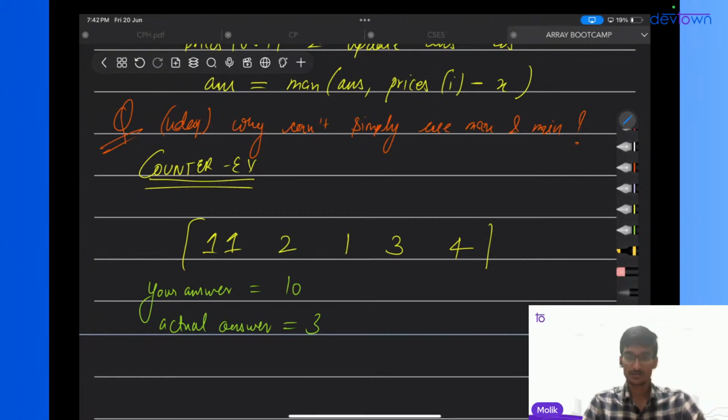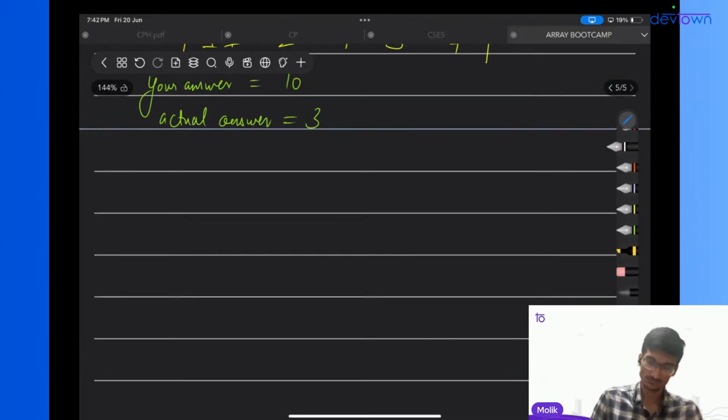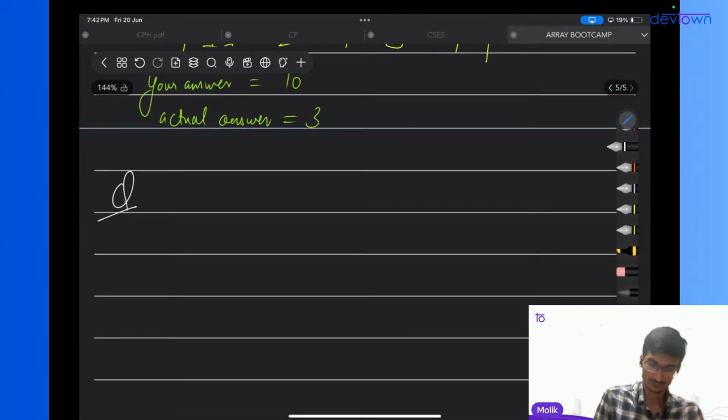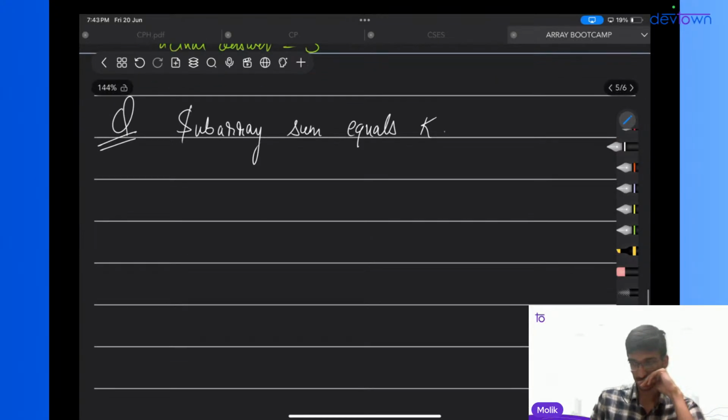The problem that we are going to do now is subarray sum equals k. Okay, so there are some observations. The first observation,